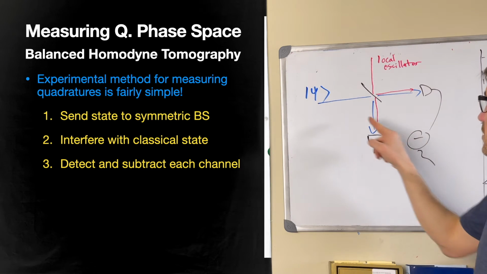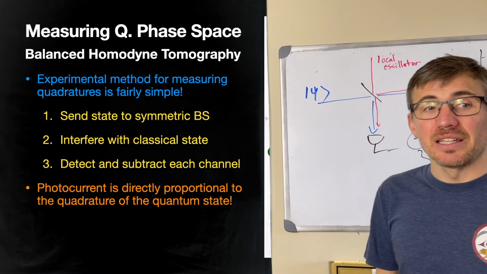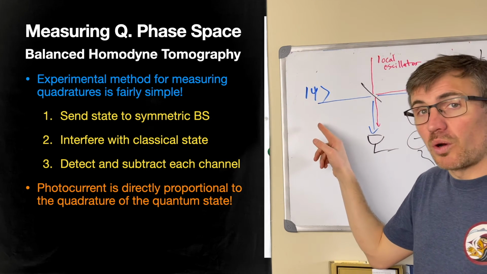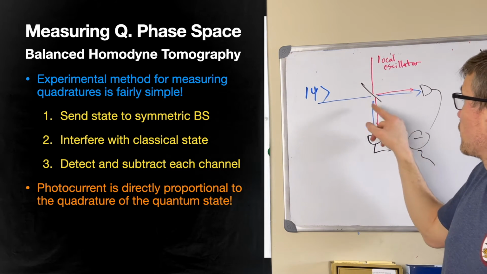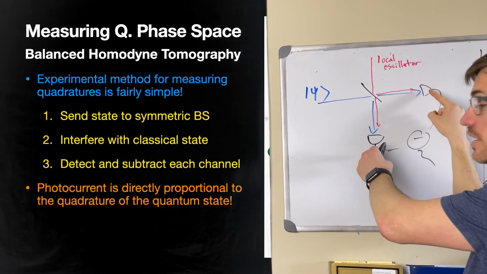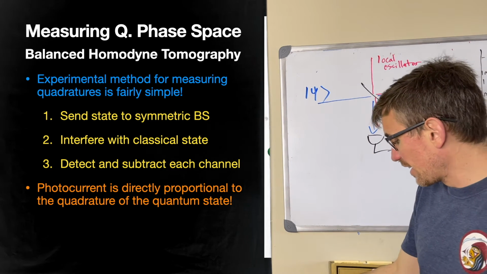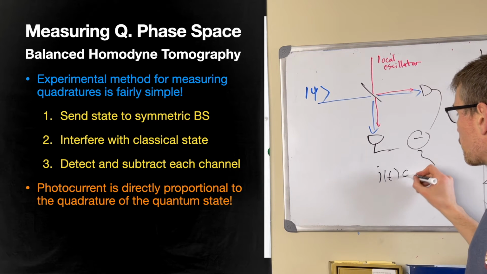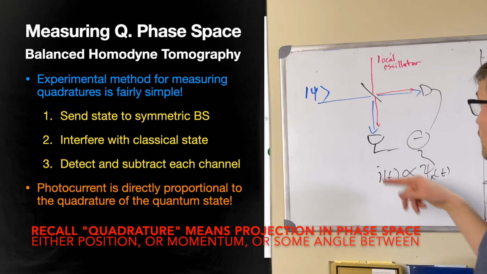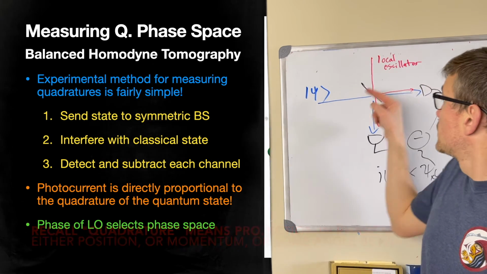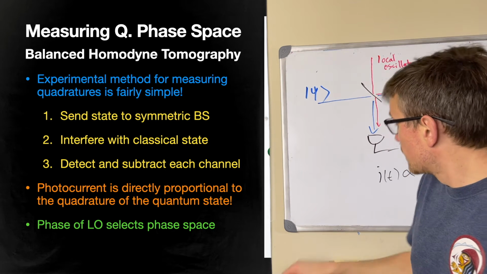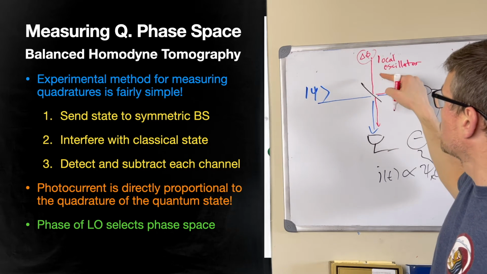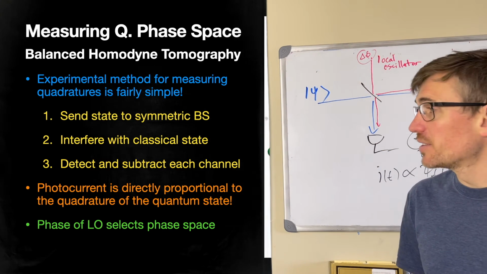The photocurrent you get from subtracting these two detections is directly proportional to the quadrature of the quantum state. So if we want to measure the quadrature of the quantum state, we just interfere these two beams at a beam splitter, detect them and subtract the photocurrent, and we get, almost magically, it's crazy, a current I of t, and it's proportional to the quadrature wave function of this field, okay? And if we change the phase of this field, we can scan it, we can introduce a delay, we'll call it delta phi. As we scan the phase of this field, we're looking at different points on this Wigner function